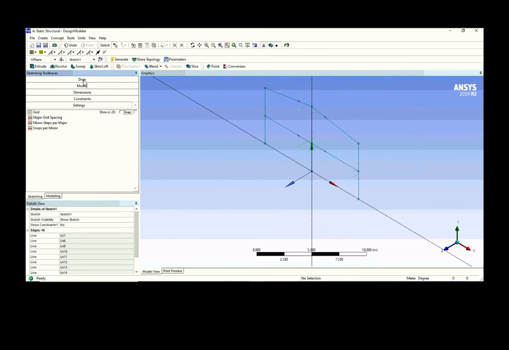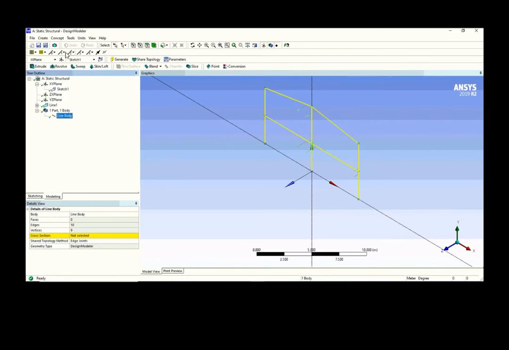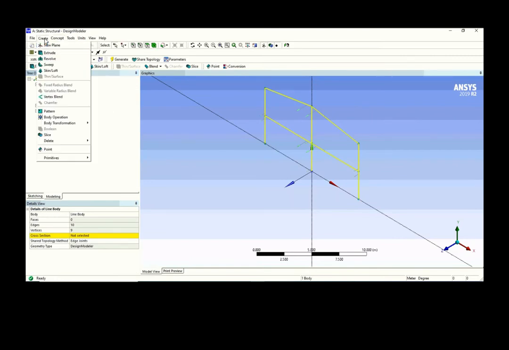Then next, in the tutorial, basically you have to translate this particular line body. Basically you duplicate another line body, which is displaced by 6 meters away from here. So we duplicate another one at the back of this body, so it's in the negative z direction. So what we do is you go under Modeling, this line body itself, then you go to Create, Body Transformation, Translate, right? So if you click Translate, then